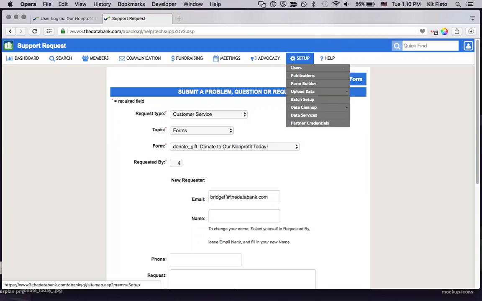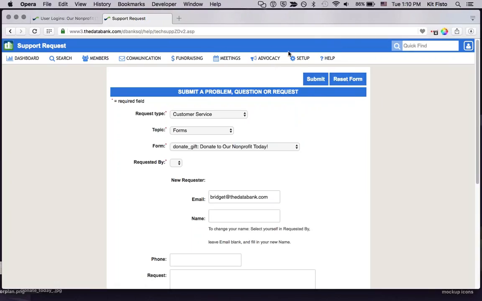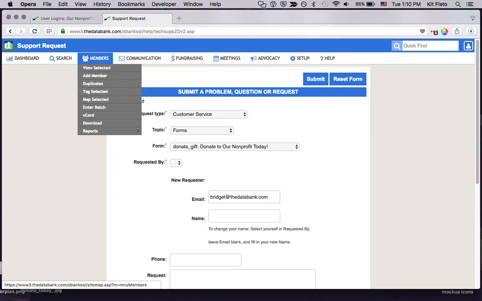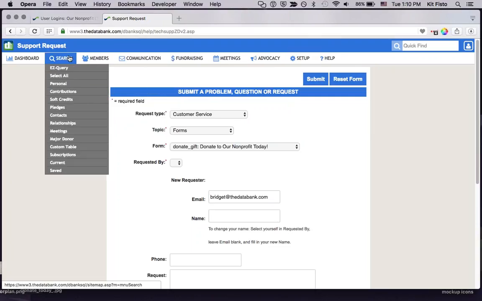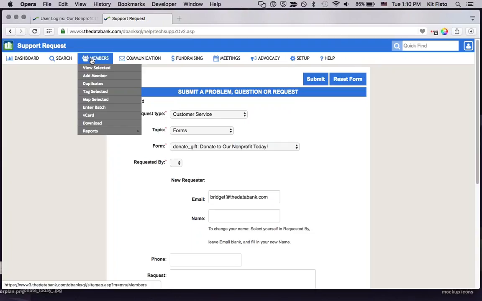Now, most of these features I am just going to kind of skim: the setup, the advocacy, meetings, fundraiser, communications. Really what I'm going to be focusing on today are member and search. So the very first thing I'm going to do is go to this members bar. This gives you the sub menu of the different things that you can do with membership. And that includes creating a new member record,